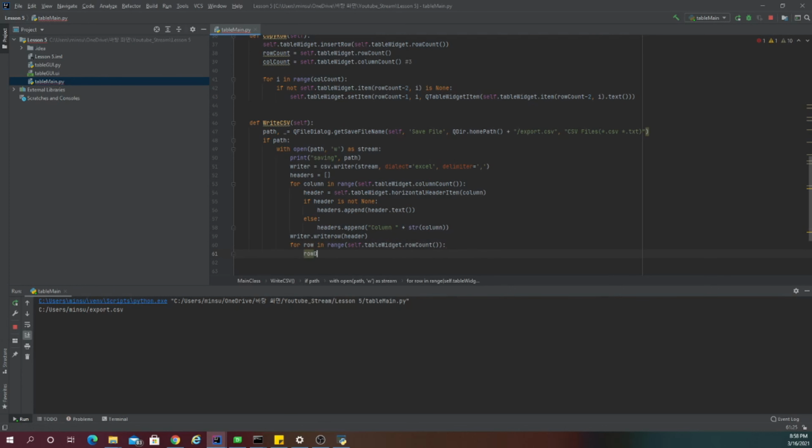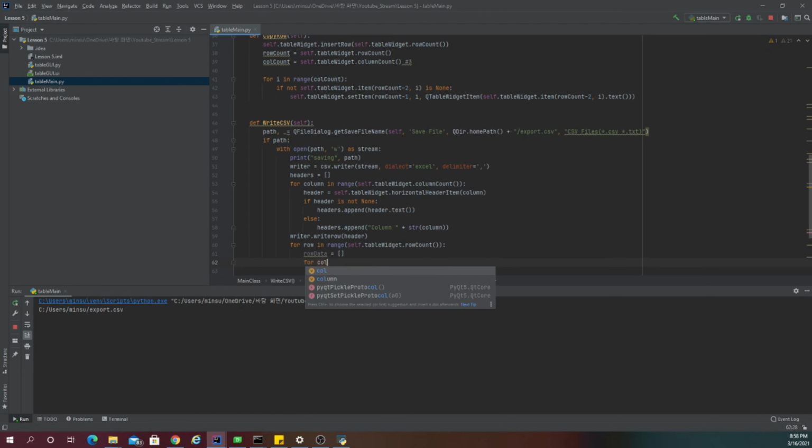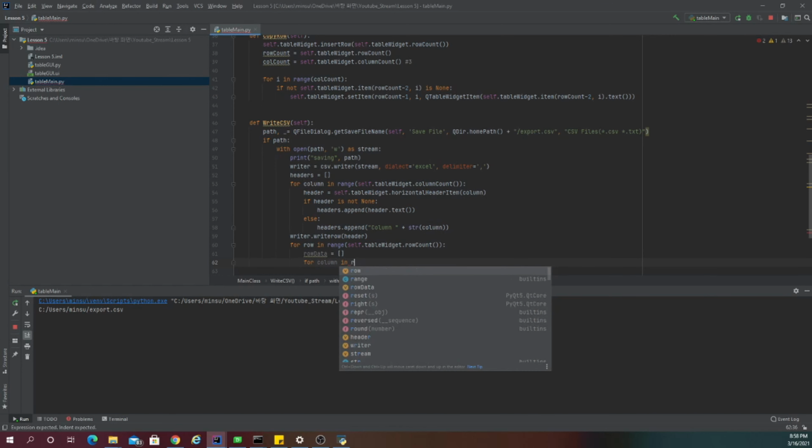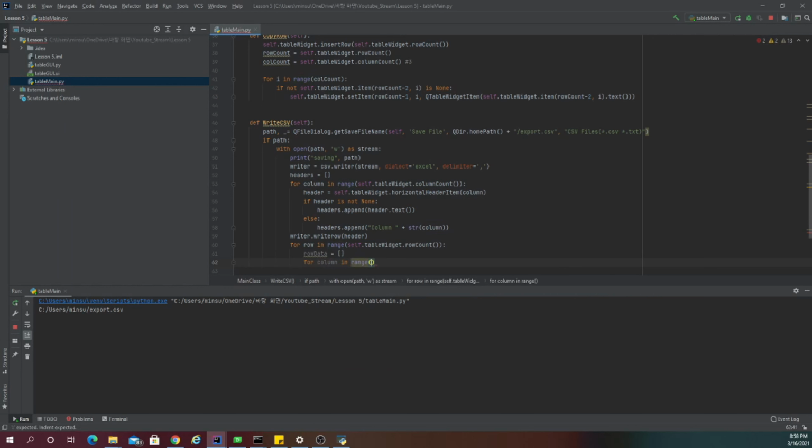Now we're going to say row_data equals an empty list. So for column in range of the tableWidget.columnCount,